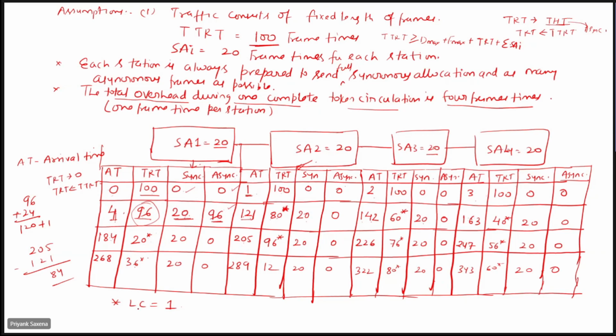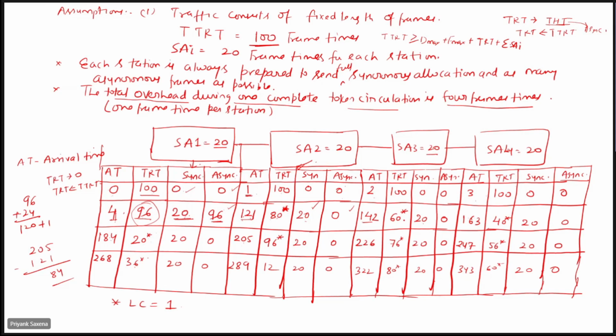स्टार मार्क इंडिकेटिंग इट इज लेट। लेट आया तो इट कैन ओनली सेंड द synchronous allocation, it is not allowed to send the asynchronous frames, right? So 121 plus 20, 141 plus 1 overhead from station 1 to other station, so it is 142. So it is late by 40 units, so it is